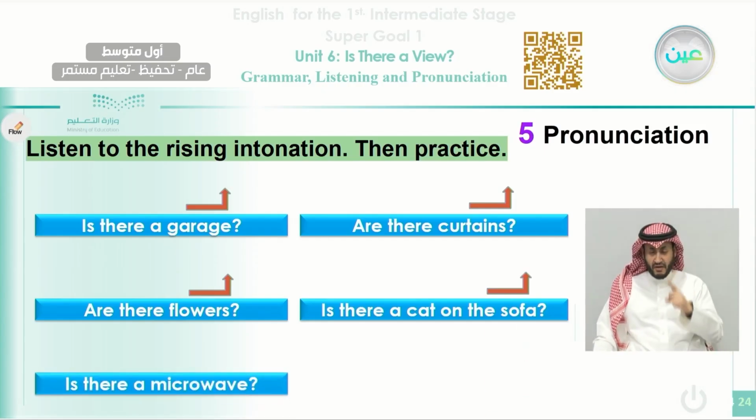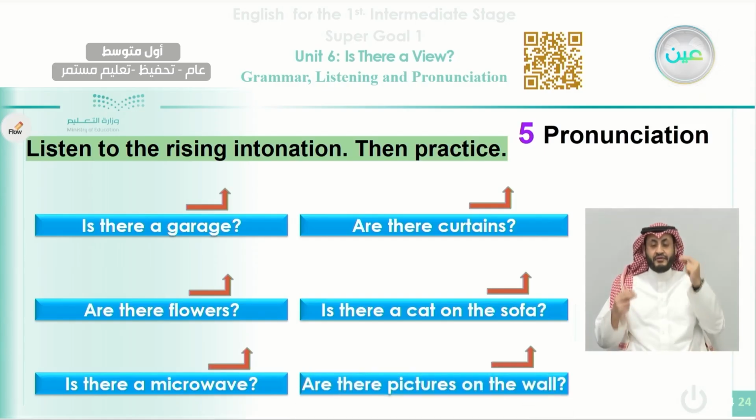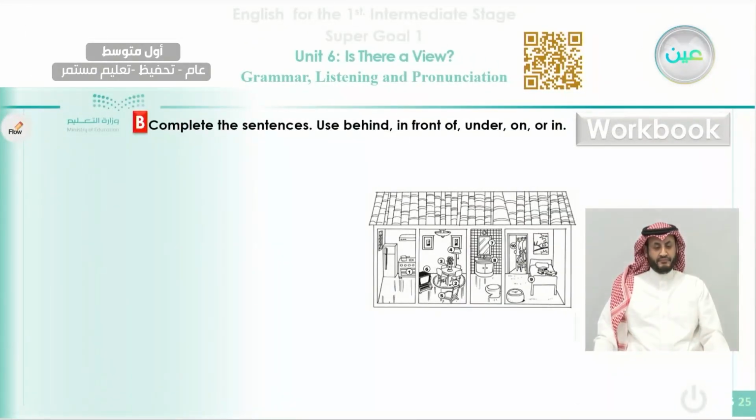Is there a microwave? Are there pictures on the wall? Okay, so you notice here garage, curtains, flowers, the sofa, microwave, the wall. They have rising intonation. Okay, now we move to exercise B, that is on grammar or in the vocabulary from